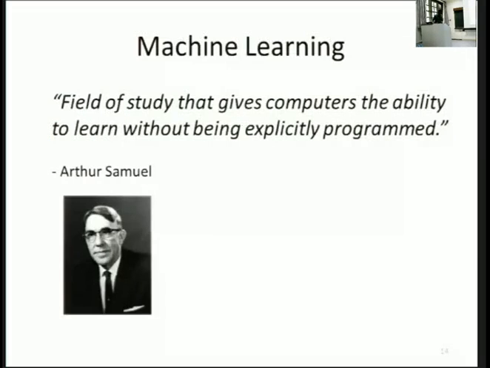To start with the formal definition of machine learning: one of the pioneers of machine learning, Arthur Samuel, called it the ability of a computer to learn without being explicitly programmed. This is the word, explicitly. Every code you have written till now would mostly be like add A plus B, or print hello world. You explicitly tell the computer to print hello world. But in machine learning, you don't say it explicitly; the computer does it by itself. That is the difference between usual programming and machine learning.